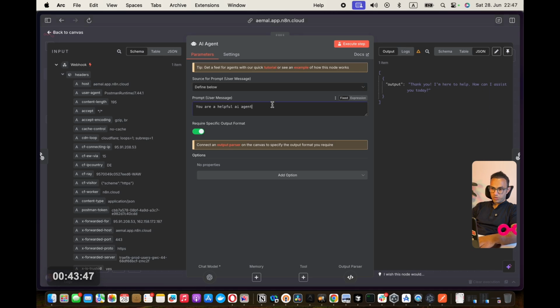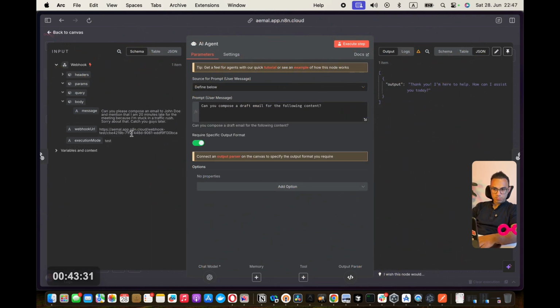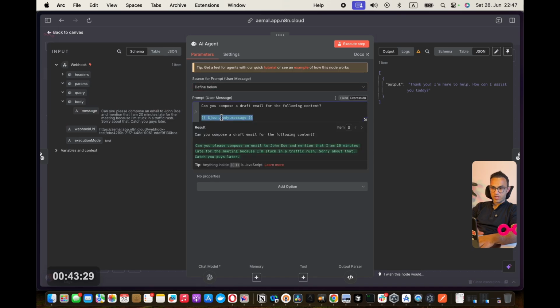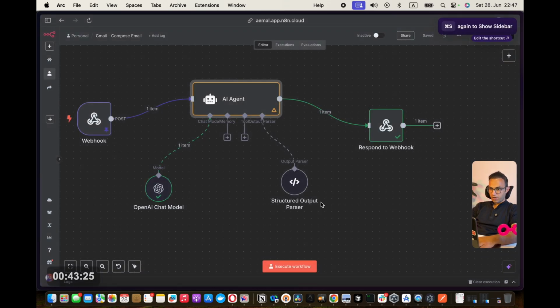So what would be the prompt here? The prompt would be, can you compose a draft email for the following content? And I'm going to use an expression. I'm going to pull this message that came from the API for me. Now, if I execute this, since it's pinned, it already executed the whole workflow.